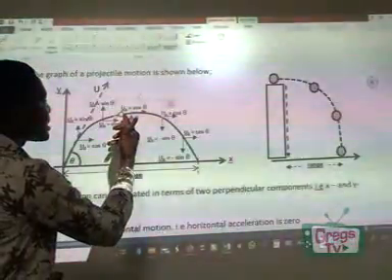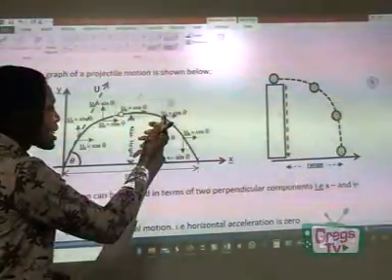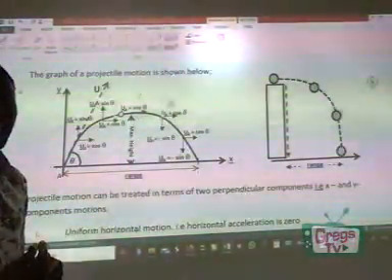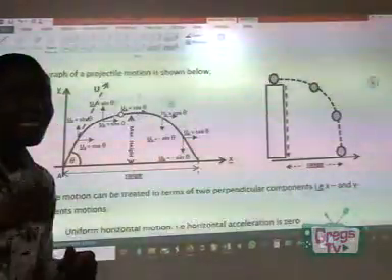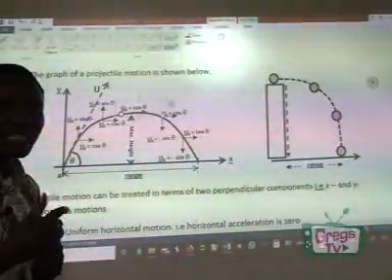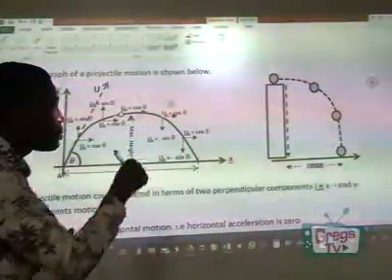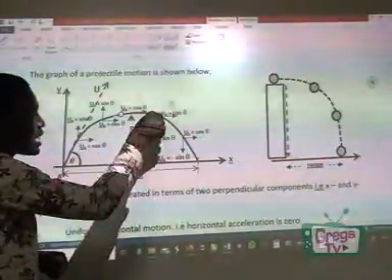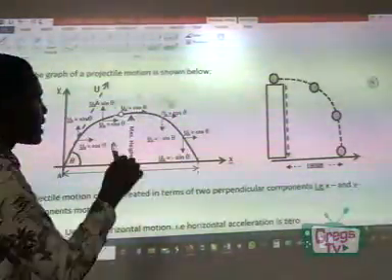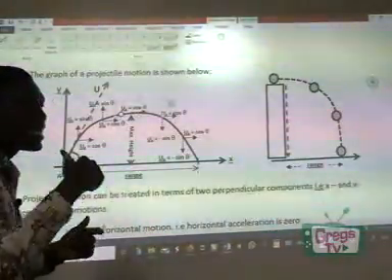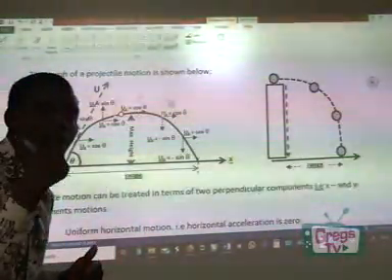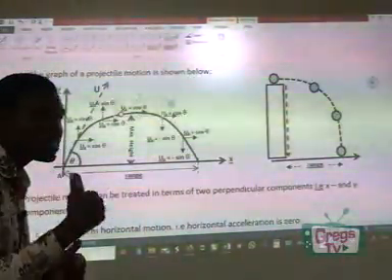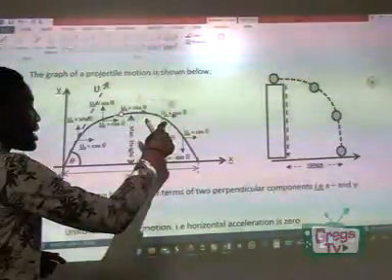Now, something happens. The moment the body leaves the maximum height, it will again be experiencing vertical motion, but this time around it will be downwards. As you can see the direction, here it was upward and here it's downwards. That means there is going to be a negative vertical component of its velocity, and that way it will